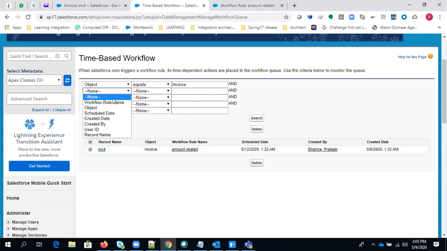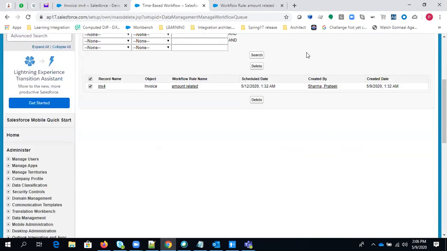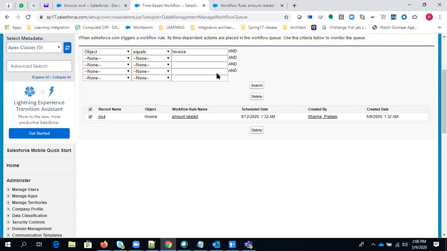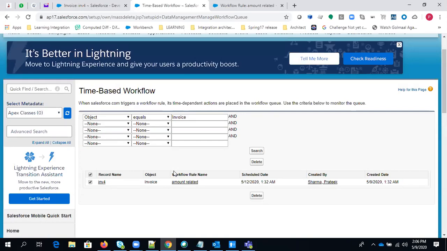You have all other options with the name of workflow, schedule date, created by, user ID, record name. So you can always use all these columns to search, right? And you can simply delete these records from this queue, and what will happen, these records will not be executed, this action will not be executed, right? This is what we have related to workflow.